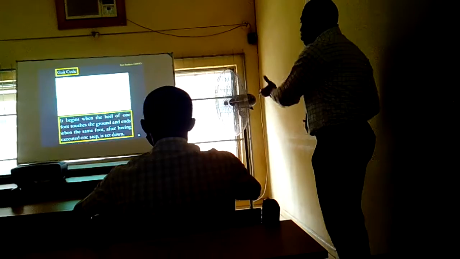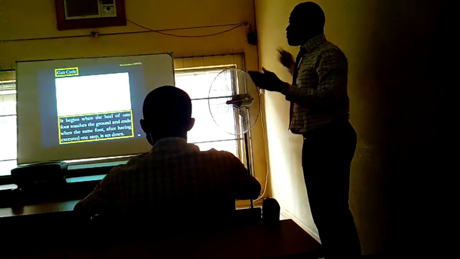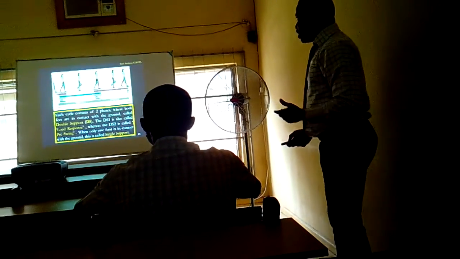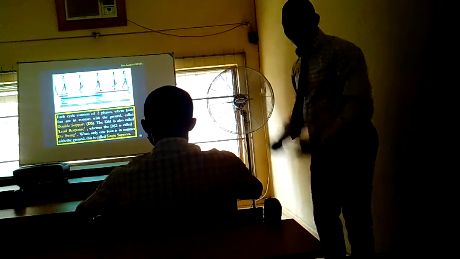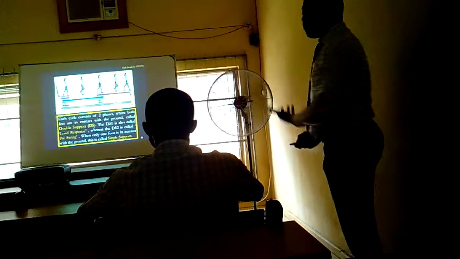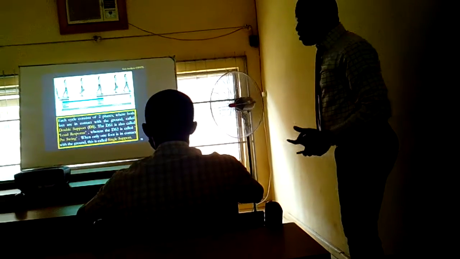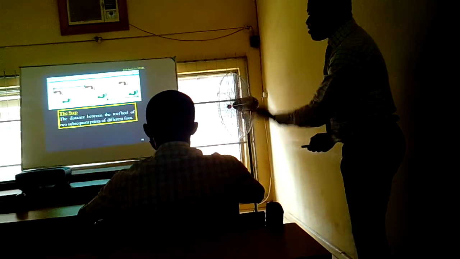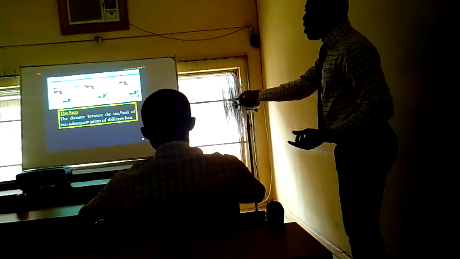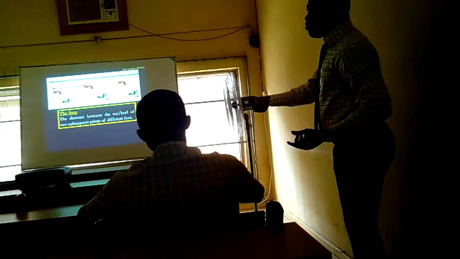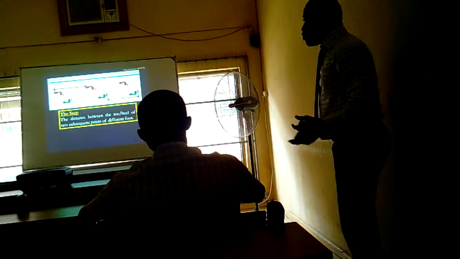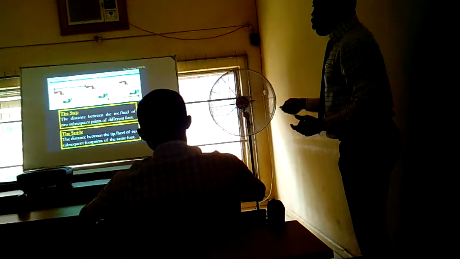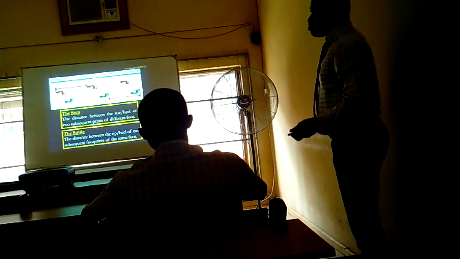Now, we can't talk about gait analysis without talking about the gait cycle, which begins when the heel of one foot touches the ground and ends when the same foot, after having executed one step, is set down. Now, each cycle consists of 2 phases. We have a double support phase where the 2 legs are on the floor. Then we have the single support phase, where one of the legs is on the floor. Then the step is the distance between the toe and heel of 2 subsequent prints